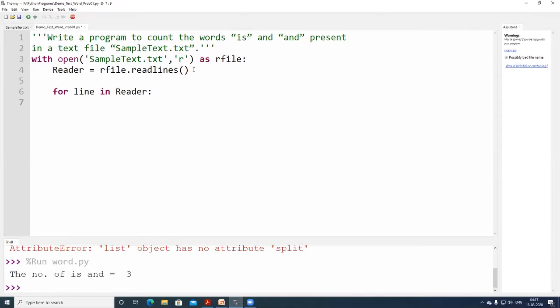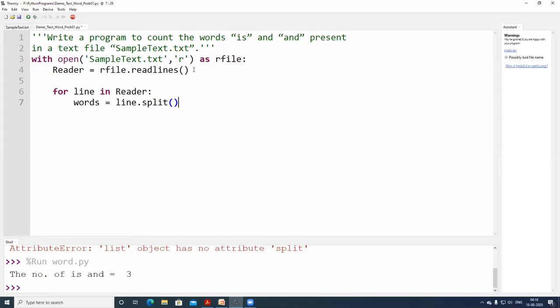Once this is done, in one line you will be having many words. In order to convert the line to words, I am using the identifier called words. words is equal to line dot split. When I split the particular line, it gets automatically converted into chunks of words.